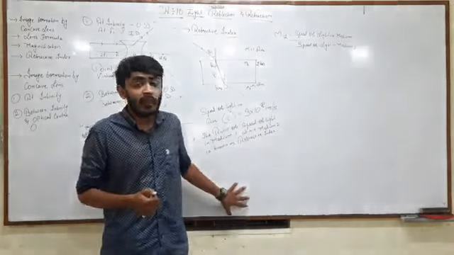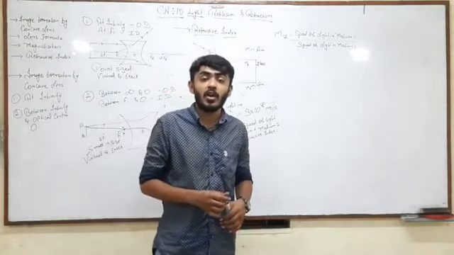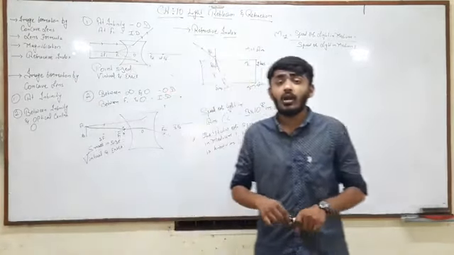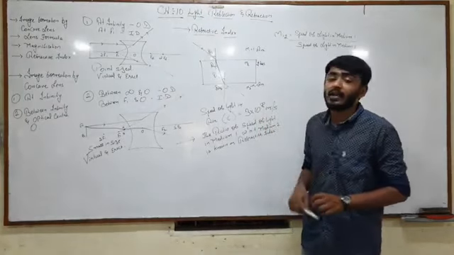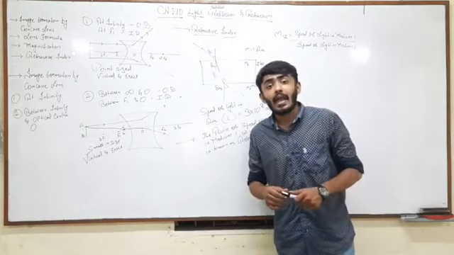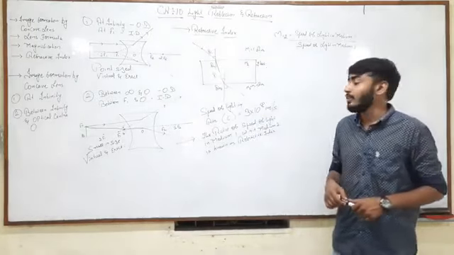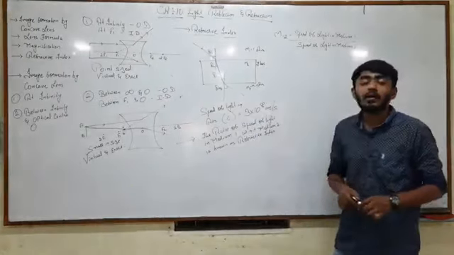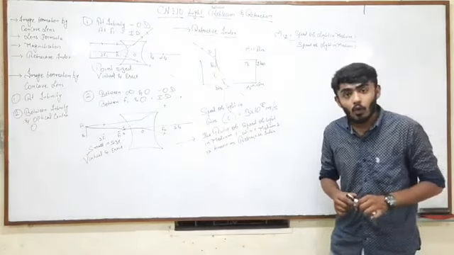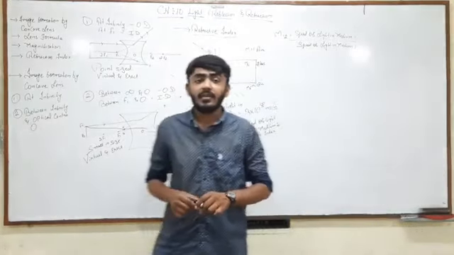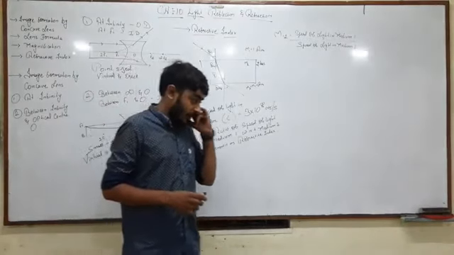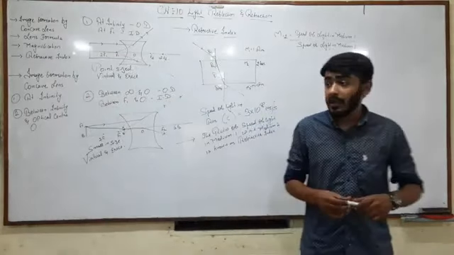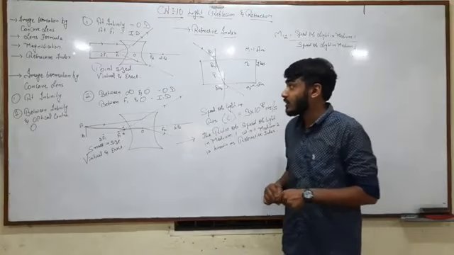Okay, so that is the refractive index, which is related to the speed of light. Please remember students, the speed of light in air is always 3 into 10 raised to 8 meters per second. I hope you are clear with this. Okay students, so this was the refractive index. I hope you know the refraction as well as the refractive index.